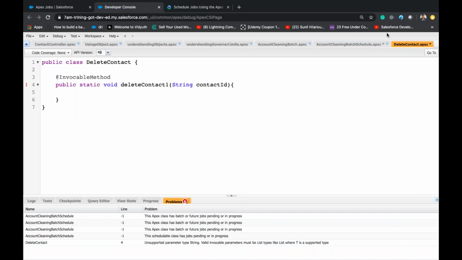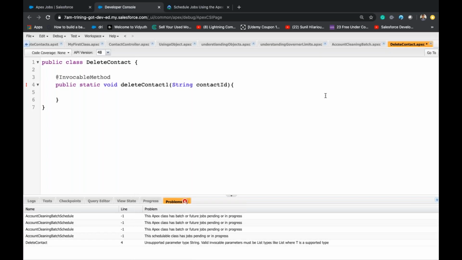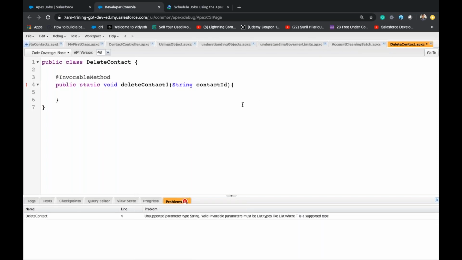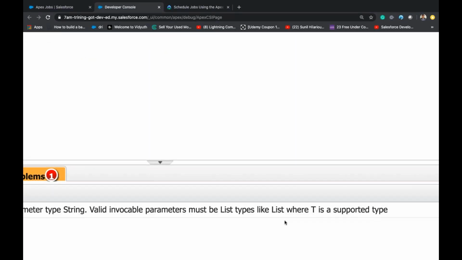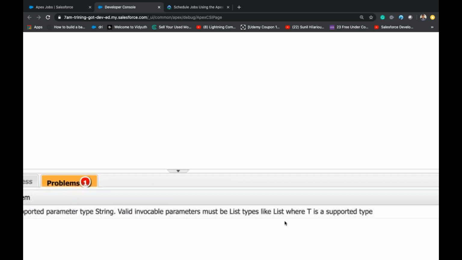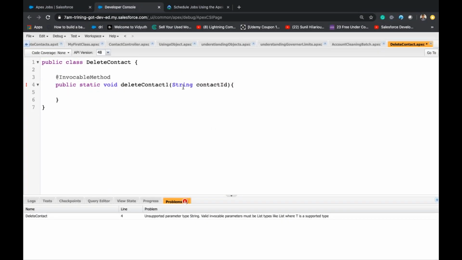Just ignore the other errors. Let me close this so that those errors will go off. Okay, it's telling that it should be in the form of list.